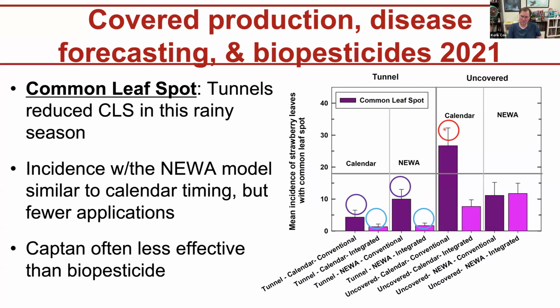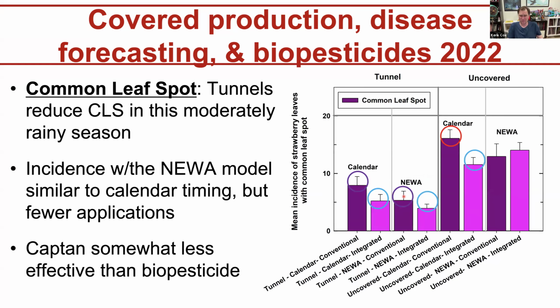particularly with this one particular year, which was going every week with Captan, was actually worse than using a biopesticide, which would be your little pink bars. The other thing you can see is that NUA and the calendar are the same, but we're spraying a lot less with NUA. 2022, different year, you can really see the impact that tunnels can have in keeping that